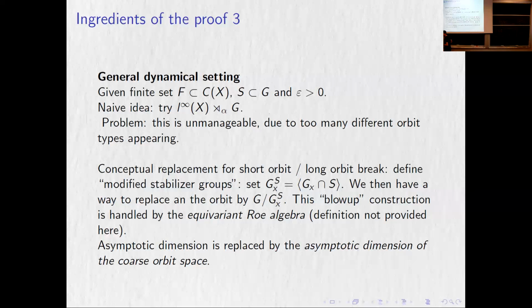Now, of course, if the group is more complicated, the kind of orbits you might have are more complicated. But this is basically the correct replacement. The way we go back from infinitely many cases to a finite number of them. We also have some replacement for asymptotic dimension, but okay, so let's go have coffee. And those of you who want to hear more can come back.